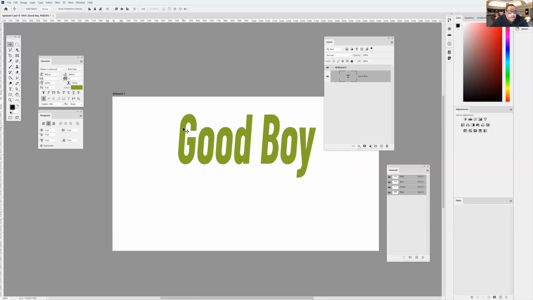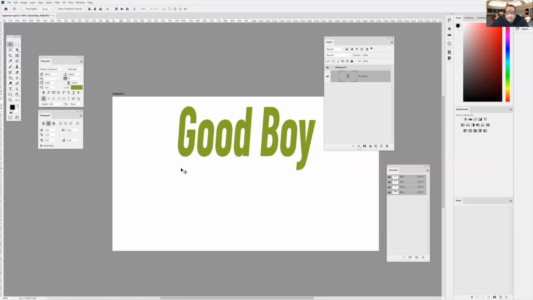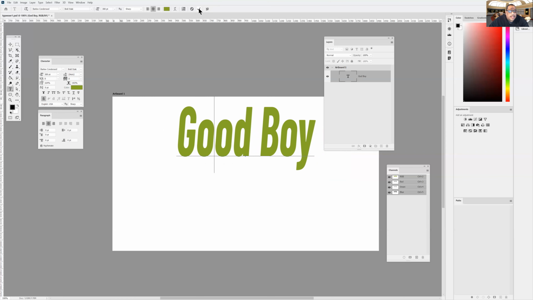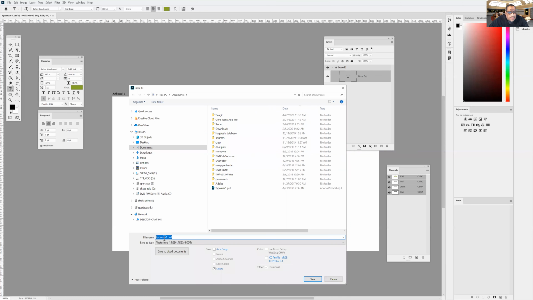Now, the next thing we want to do is look at some of the different options for my text. Right now, this text is in an editable state. What that means is that I could come in here and change the text and what the text says at any time. So the first thing I want to do is take you through some different ways that the text can be modified. So I'm going to save the document at this time. I'm going to go to File, Save As, and I'm going to call this text, type XCR2